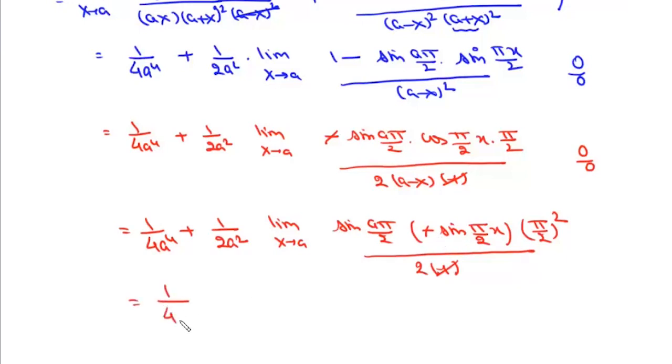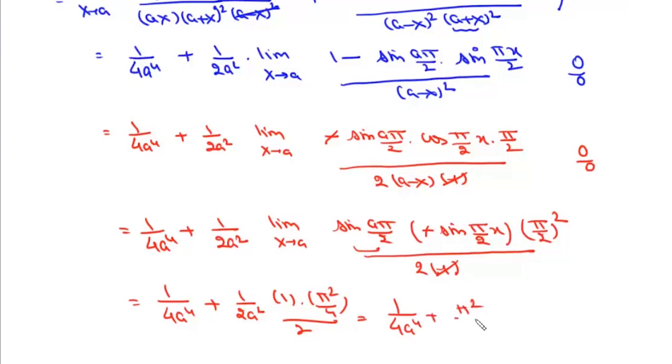If we put x as a, we'll get this as 1 upon 4a to the power 4 plus 1 upon 2a square, and here will be this sine a pi by 2 into sine a pi by 2, which is 1 into, now this is pi square by 4, and we have this 2 here. So it will be this 1 upon 4a to the power 4 plus pi square by